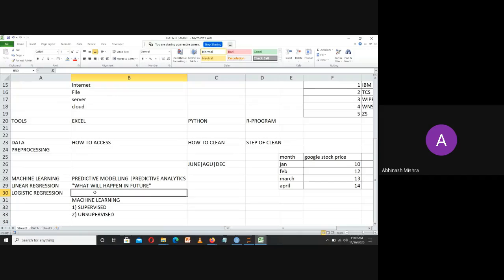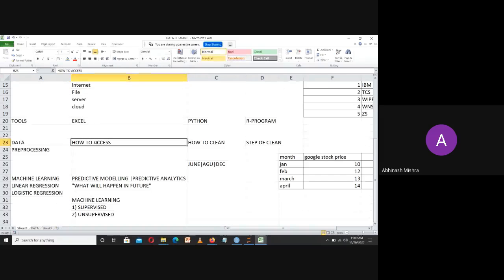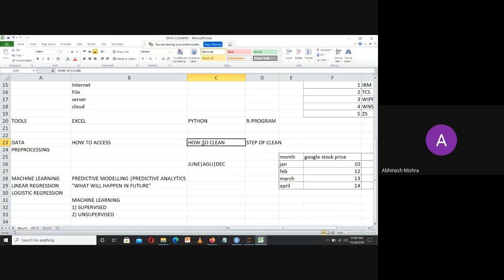So now we will first focus on how we actually grab the data, both in R and in Python, how we access the data in Python and in R. I'll have a comparative case study, first in R, then I will move towards Python, so you can have a clear-cut view of the steps for cleaning and the steps for pre-processing.